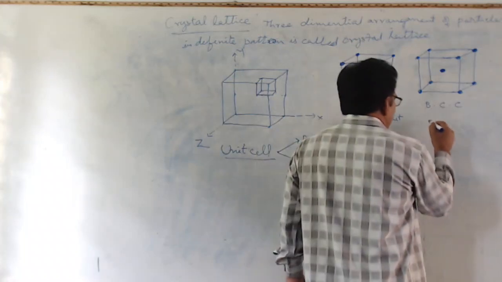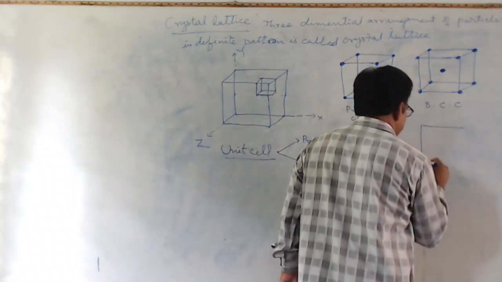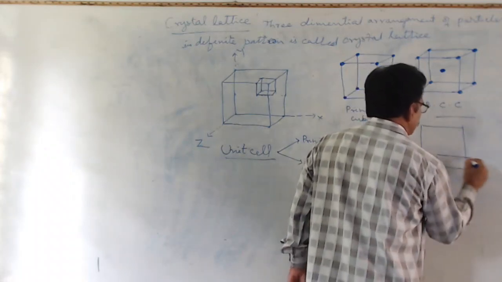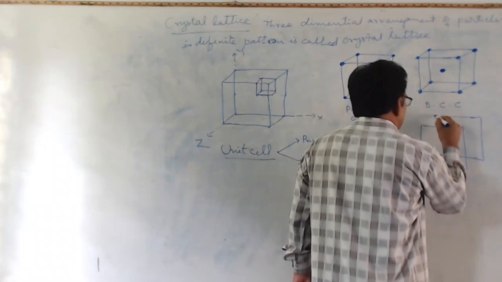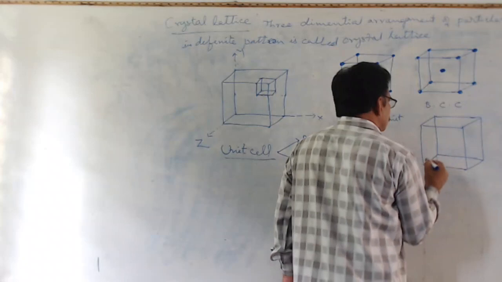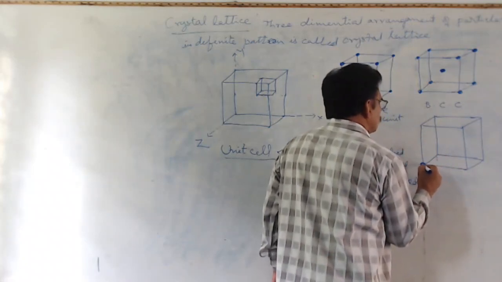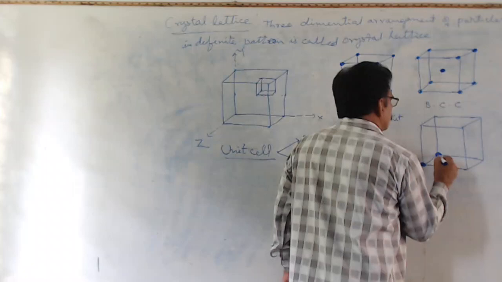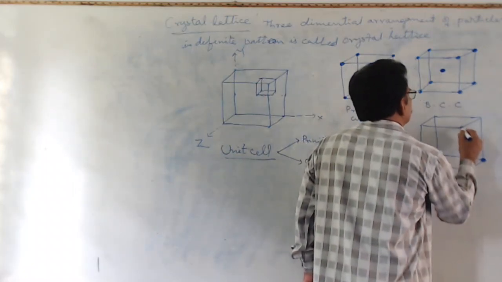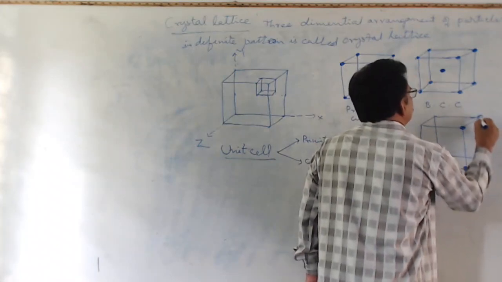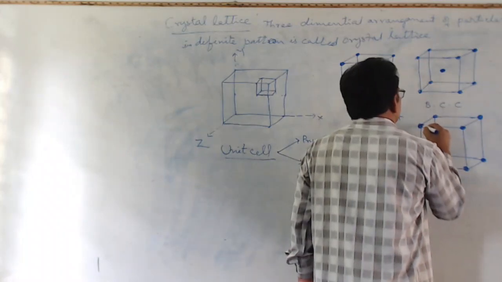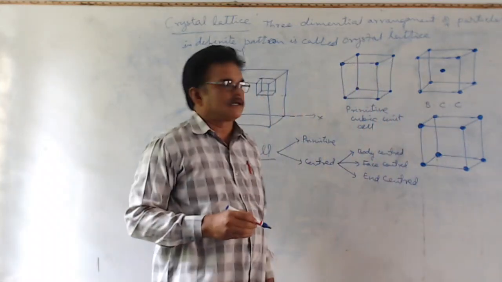Similarly, in a face-centered cubic unit cell, the lattice points are at the corners and at the center of the faces. So at the 8 corners, 8 lattice points are present, and along with these corner points,